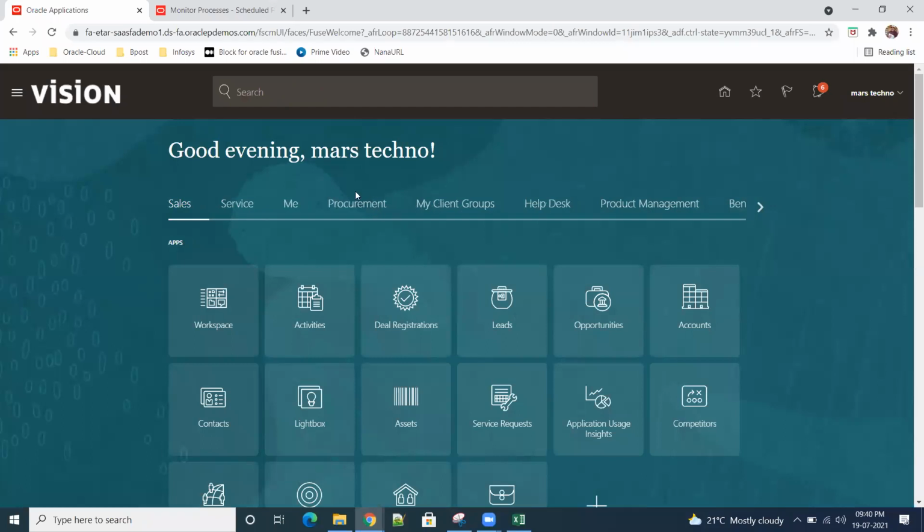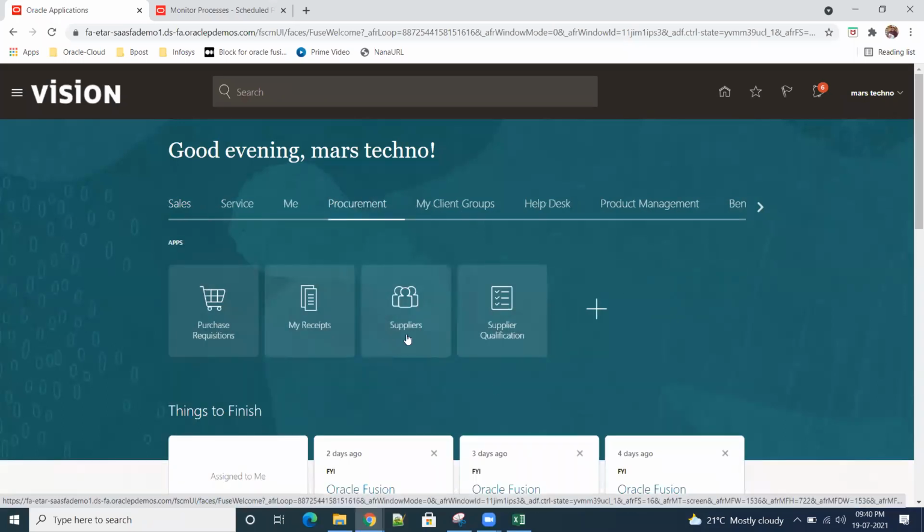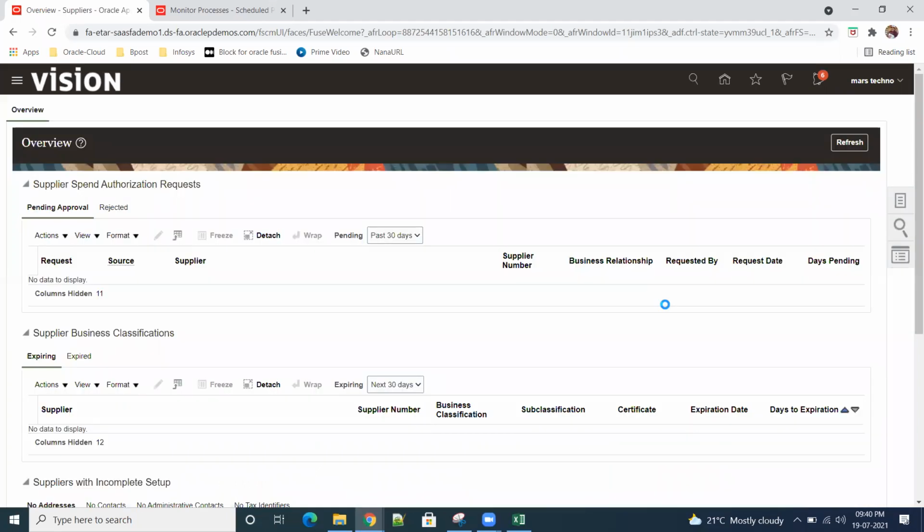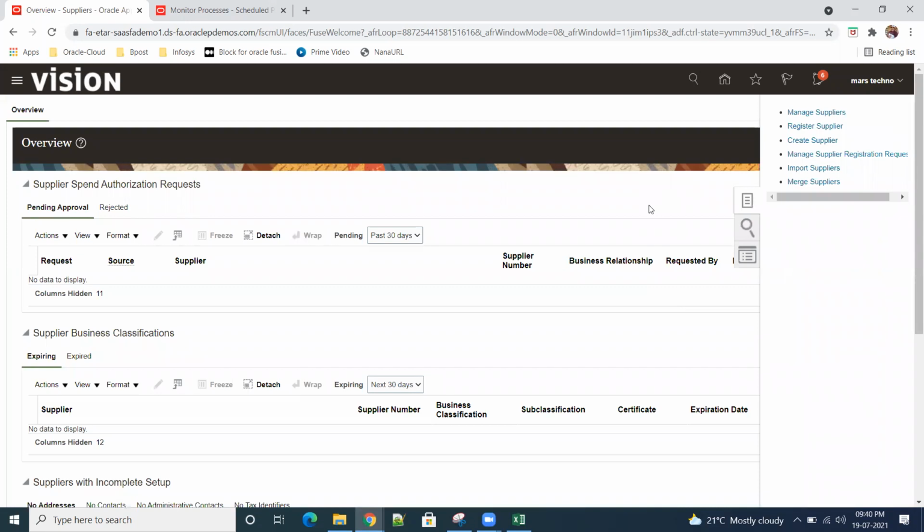Okay. So go to procurement. Now supplier qualification has come, I think. Something has come now. Yeah, here registered supplier is there, create supplier is there, right?